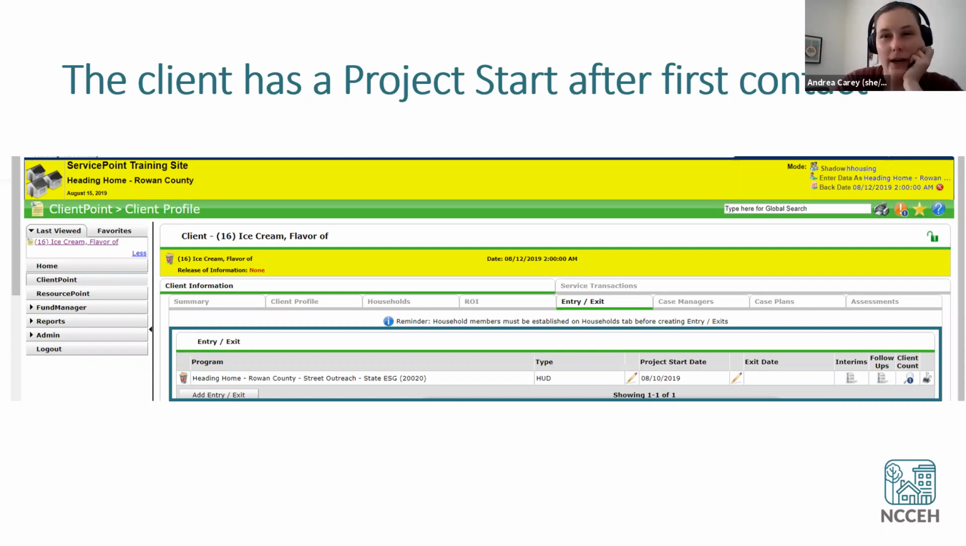Okay, any questions about how to start with clients? This is very different than some projects in HMIS. I want to make sure this is a good place to start. All right, and for coordinated entry,